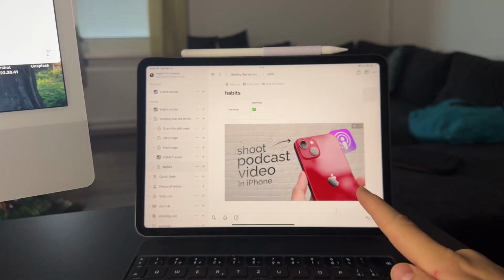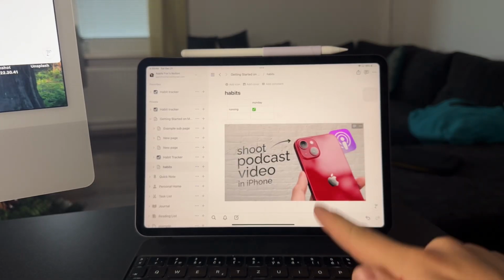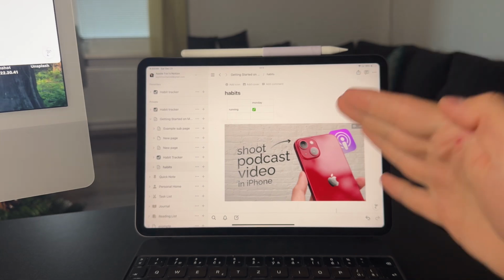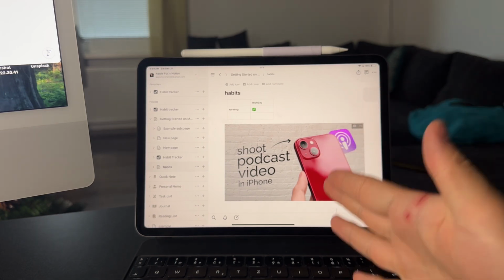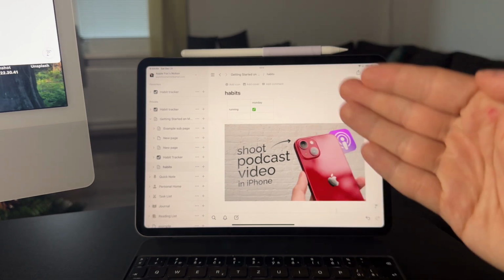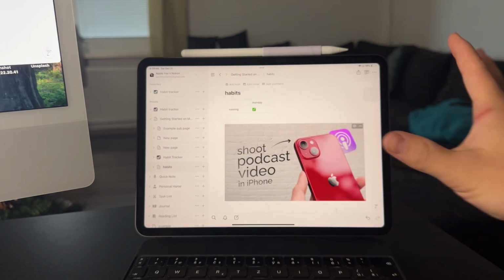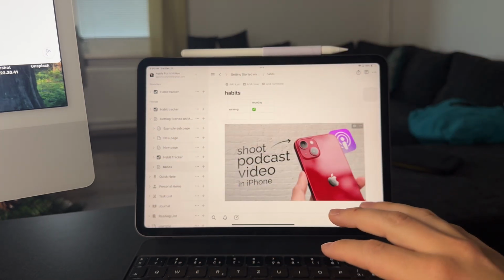Now let's talk about Notion on the iPad and how to make Notion bigger on your iPad. This kind of depends on what you exactly mean by this, because it's a third-party app which is programmed or set up, created a certain way. So you don't have the ability to completely change the app, but there are some things to